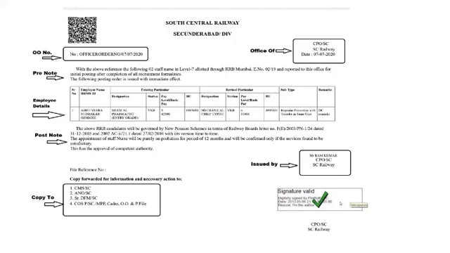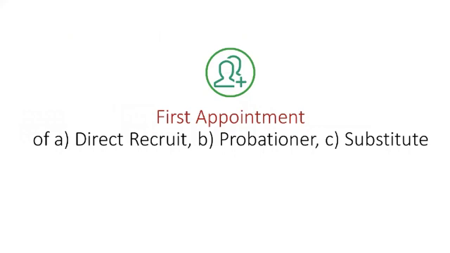We are mentioning the type of order, and if the clerk has to write any remark, he writes the same remark. So that's how the basic structure of our office order module is. And now we will be discussing those modules in separate parts. So now we'll come to the first appointment.